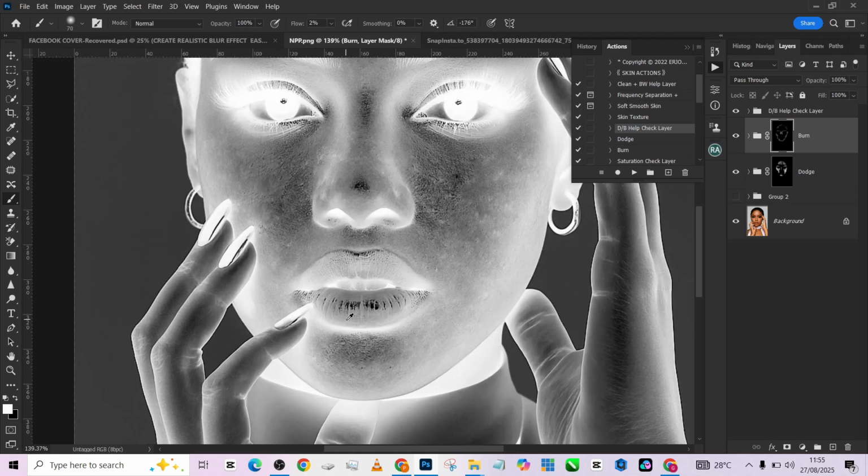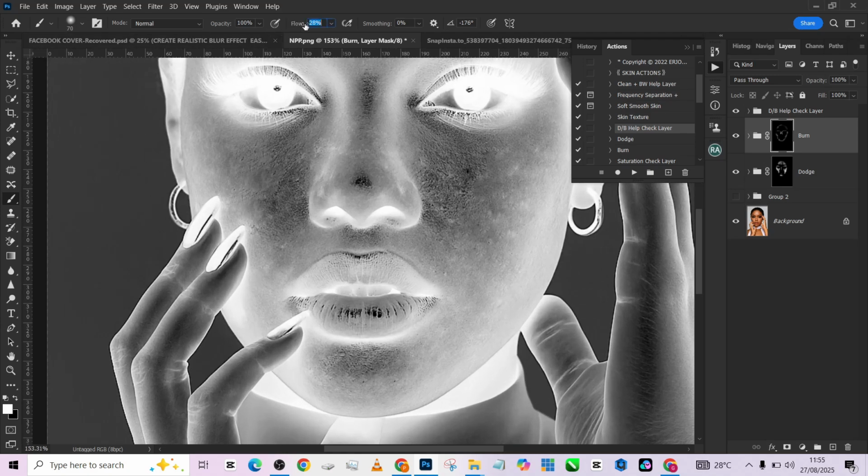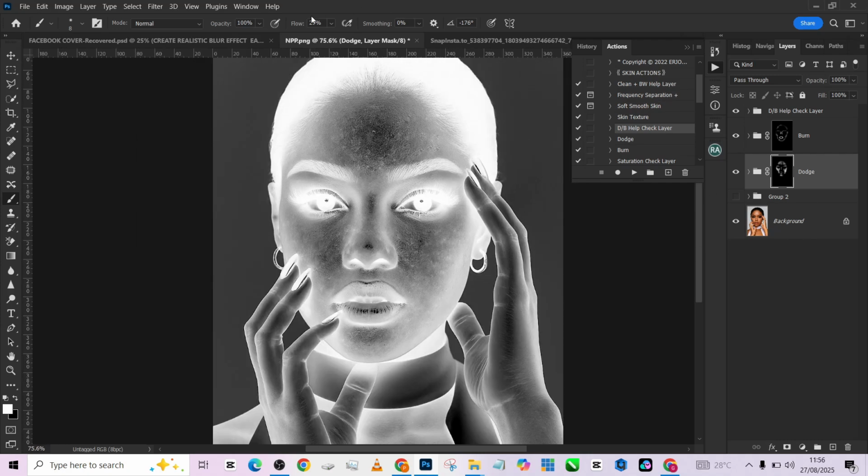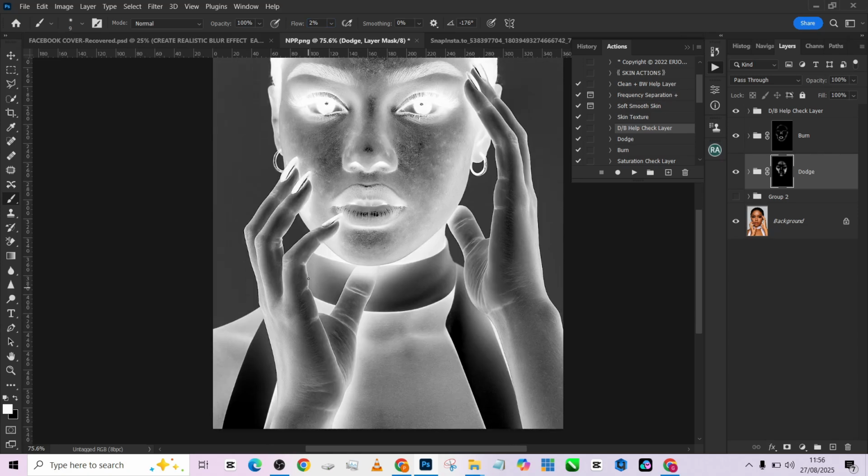So straight to the lips, I'm going to turn this one very high and just burn this area. The same thing for the down part. Then I'm going to dodge this area. Okay. So move straight to the down part of the body, the neck and the hands and all of that. So still on my dodge, I'm going to make this place very